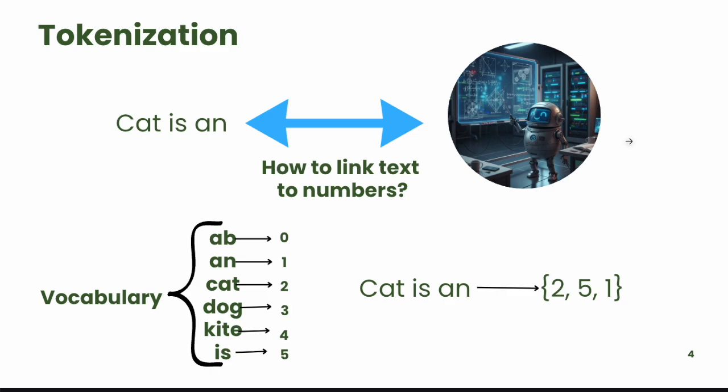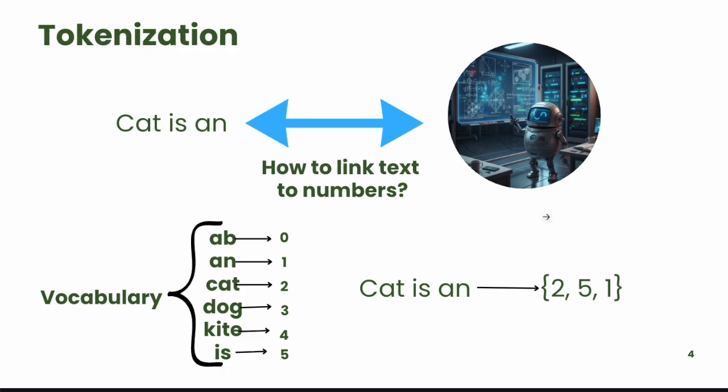The other extreme is character level tokenization. So each character is an entity in the vocabulary. So in case of English, the vocabulary would consist of 26 English characters. But what the modern day LLMs use is something in between. So you don't have a word level vocabulary, neither do you have a character level vocabulary. You have subwords in your vocabulary. For example, cat might be split into CA, that might be one element of your vocabulary, and T might